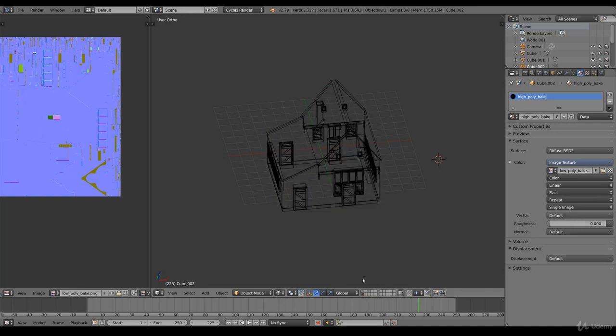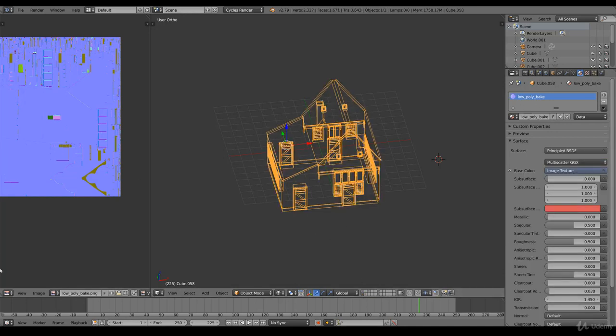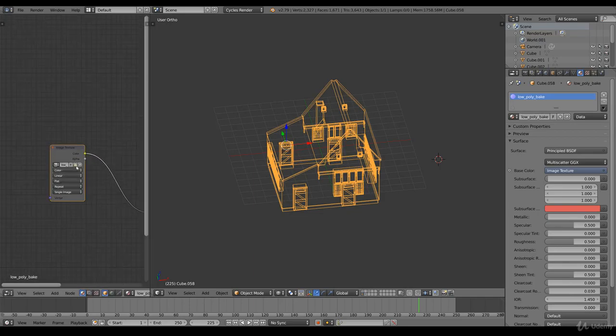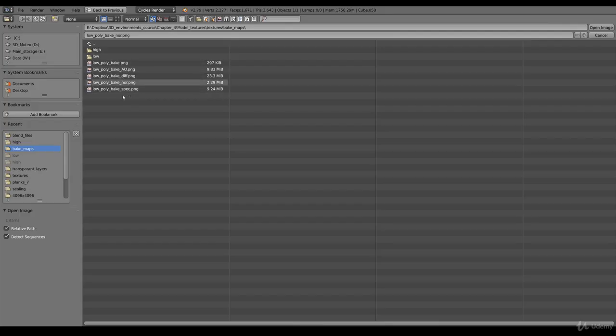Yes, and this one is low poly bake. If we go to the node editor, you can see the map. If you change the texture, let's put these into the low. Or you cannot do that. Oops. Okay,